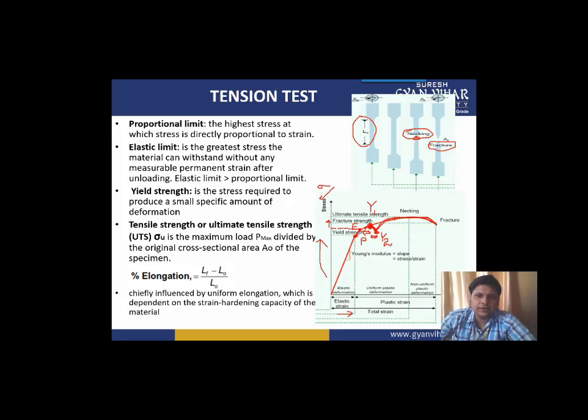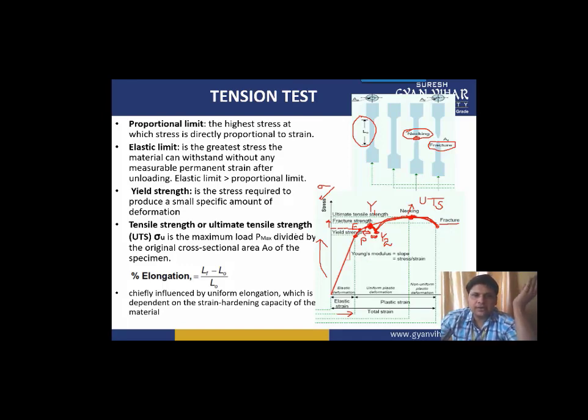Again, if you go on increasing the load, what will happen? You will again get a top point. This top point is known as ultimate tensile strength. The top point which you will get will be your ultimate tensile strength, and after that this curve will dip again, and this final point will be your failure point or fracture point. So this is the whole graph